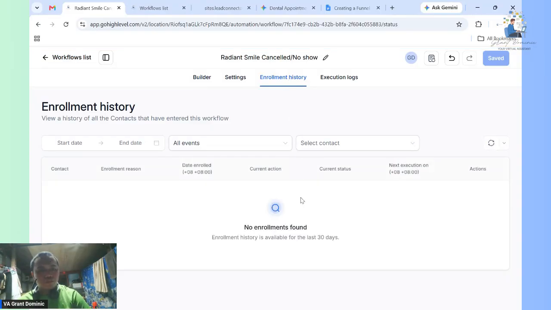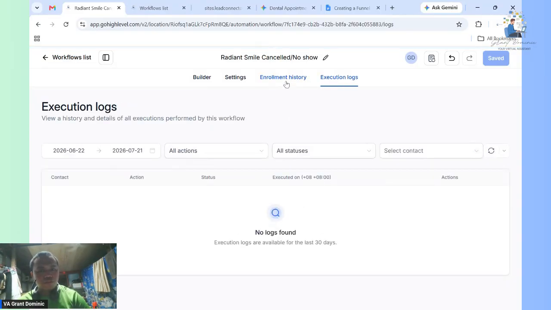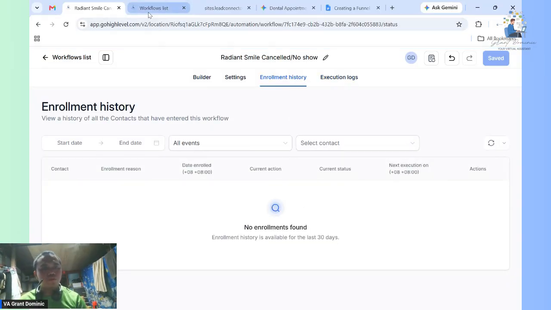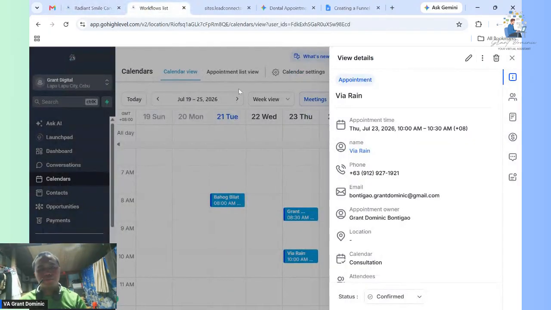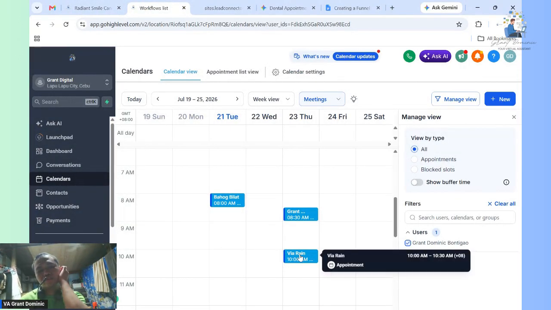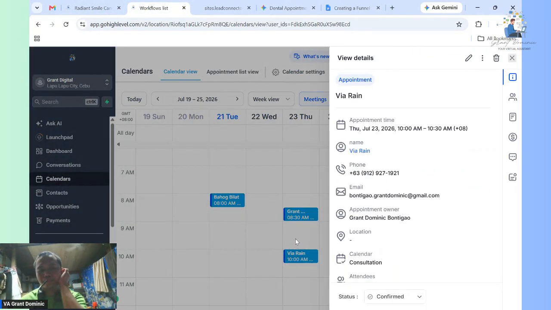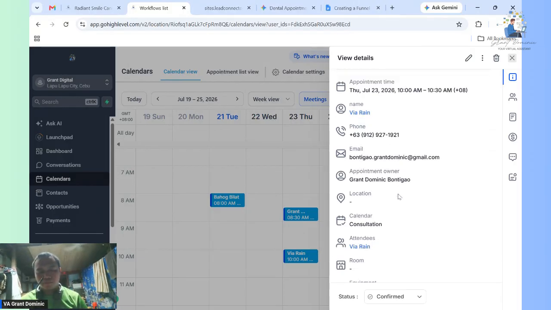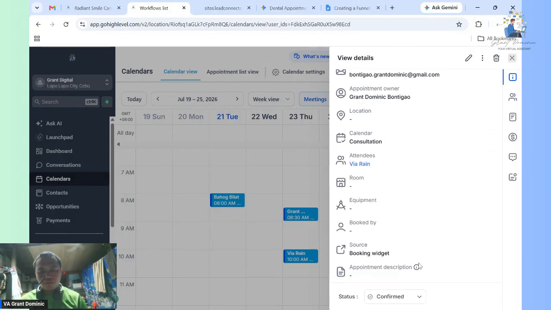So we will try to execute this in the calendar. For example, this one. They will click this status. They will put a no show.